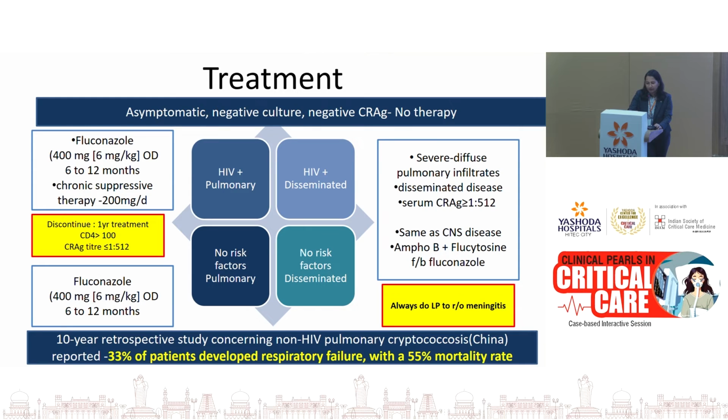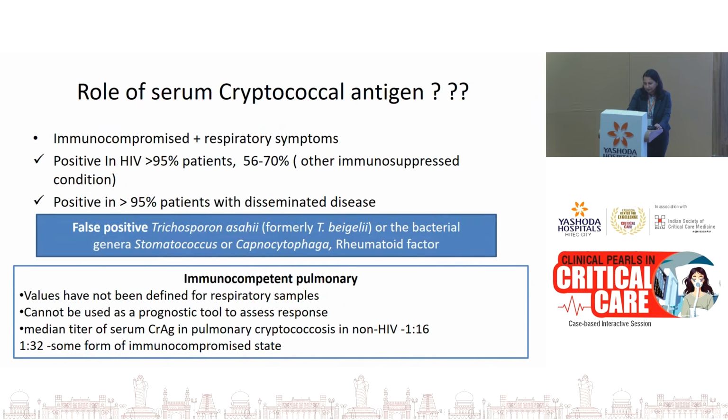If the patient is asymptomatic and has only the CrAg antigen positive, then we can go ahead with fluconazole 400 milligram daily for about 6 to 12 months, and discontinue when the patient has a CD4 count of more than 200. And if there is CNS involvement, then we need to go for therapy with liposomal amphotericin B initially, followed by a consolidation and continuation phase. The cryptococcal antigen has a very good sensitivity and specificity.